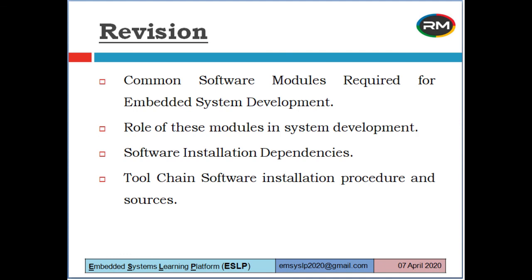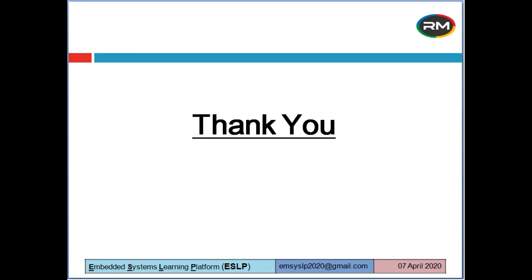So now is the time to revise the important concepts that we have discussed so far. The developer must select the most suitable software among various open source and proprietary tools available from both OEM and third-party vendors. A clear understanding of the role of each module and a detailed feature comparison helps the developer in making the right choice. Then the installation can be done after resolving the respective installation dependencies. The open source toolchain discussed here is being used by many developers in the industry. Hope you liked the tutorial.